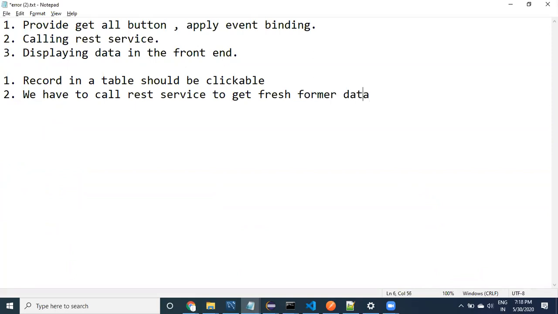Fresh farmer data to get selected. We have to call the REST service to get the data. That is the second one I need to use. First I'm explaining how we can divide this task. And then, if you see here,